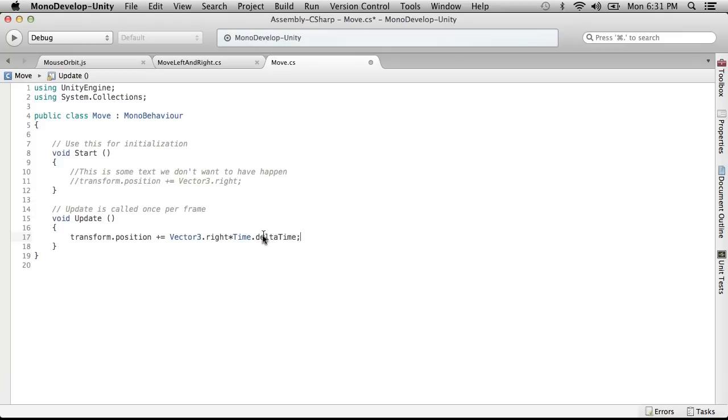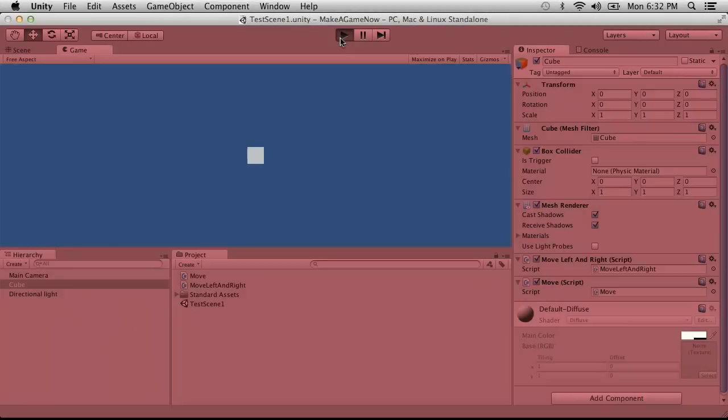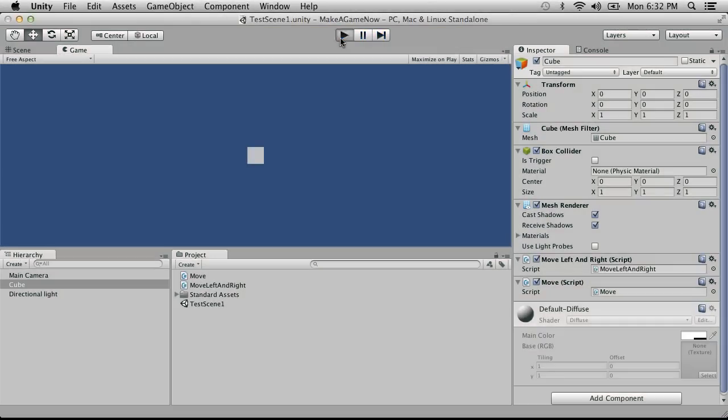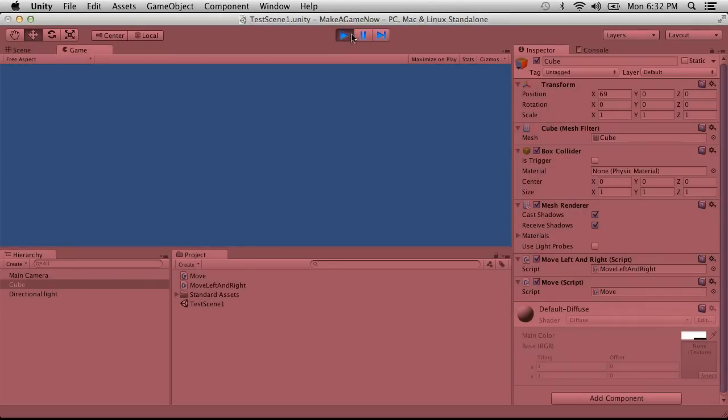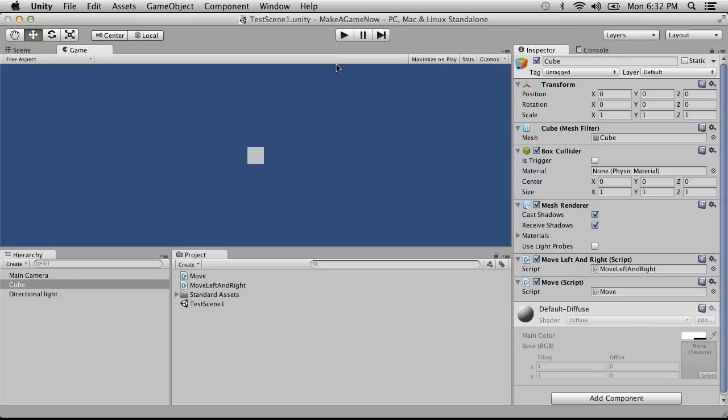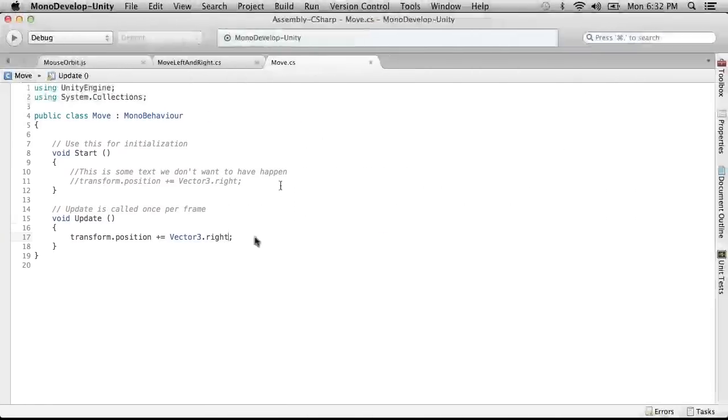So right now, if we don't have Time.deltaTime, what this means is move 1 unit to the right every frame, which is really fast. It's super fast. It's a little too fast, right? And it's also frame rate specific. So if we had a lot of stuff in the scene and it was slowing down an old computer, or if you were on a new computer that runs at 240 hertz, it's going to run way slow or way fast. And we don't actually want that. We want it to run the same speed no matter what. That's what multiplying